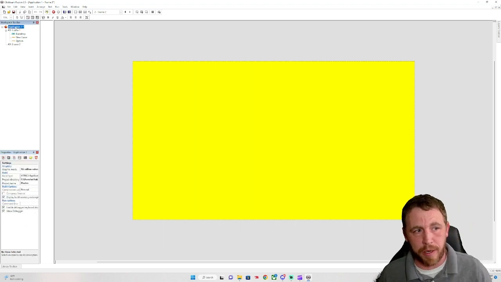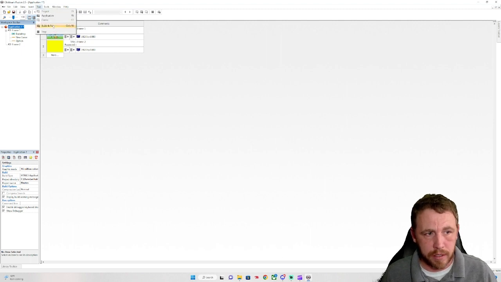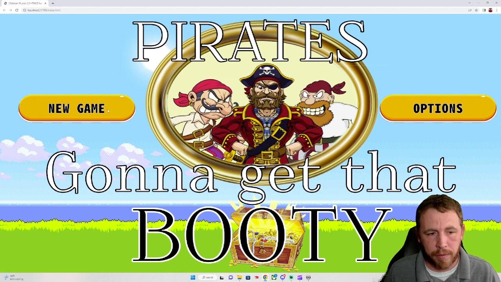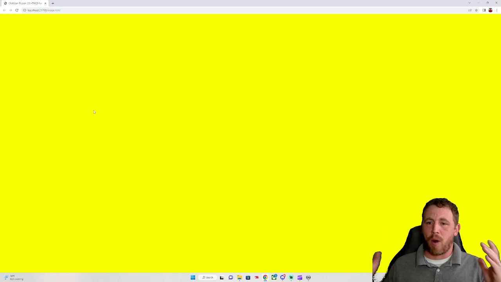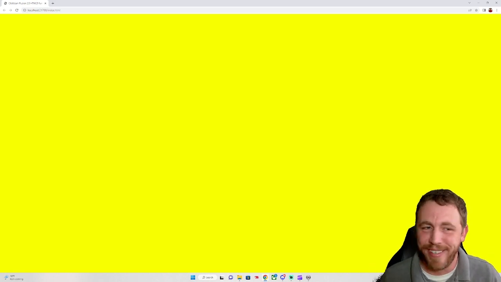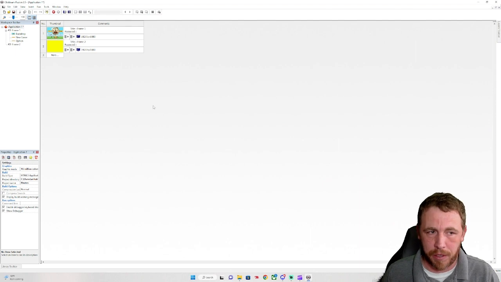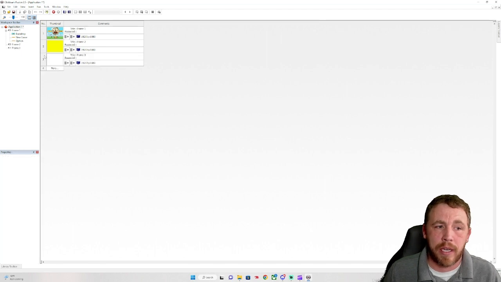Now we're going to go back to the application at this point because now we have a frame situated, and we can run a test on this to make sure our connections are working properly. So now we have our opening screen. If we click on new game, we're greeted with the bright yellow. So that's obviously not what's going to be the end result. We're going to have an actual level load up there. But for the instance of making an options screen,